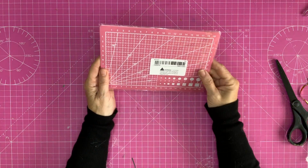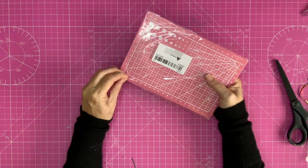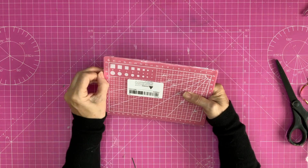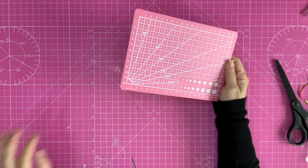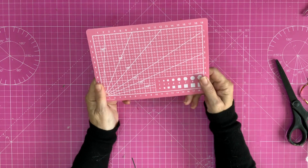I got this. Now, this is a very small cutting board. Nothing special, but it drives me bananas when I have to get my big cutting board out for something really small. So I thought, this is something I could really do with, and I've been putting off buying because I was too mean to pay for one. This one cost me £1.28. So that is really going to be